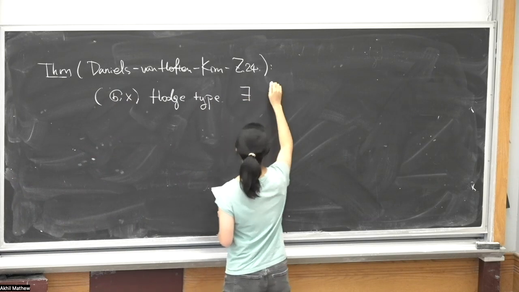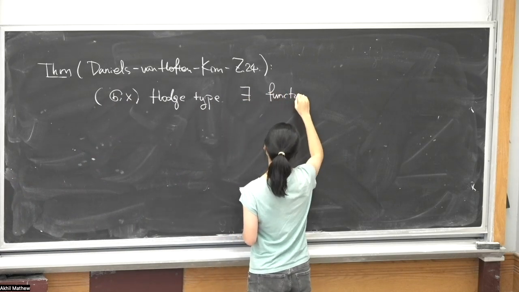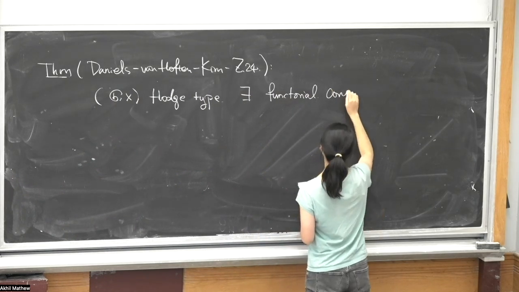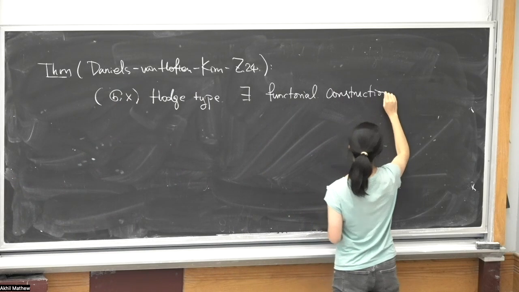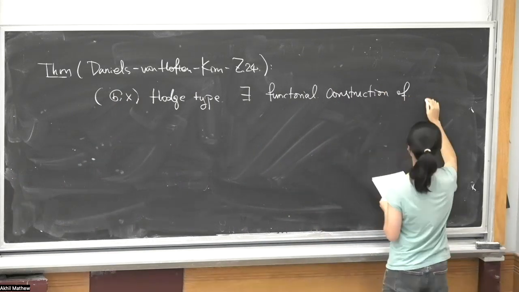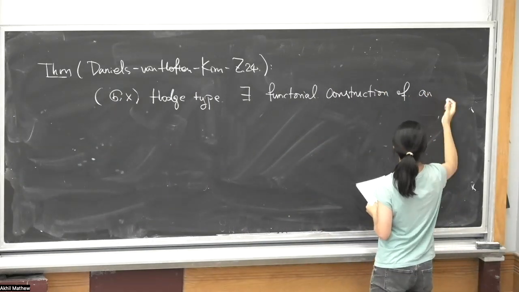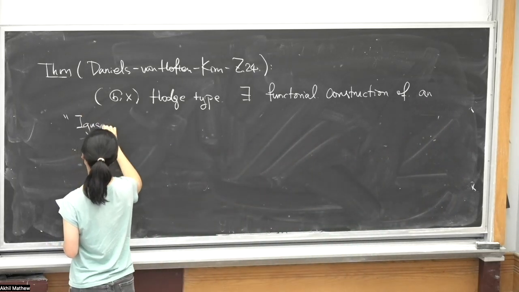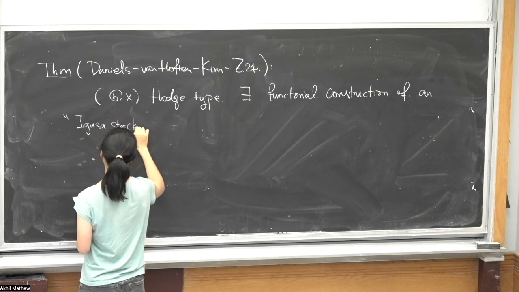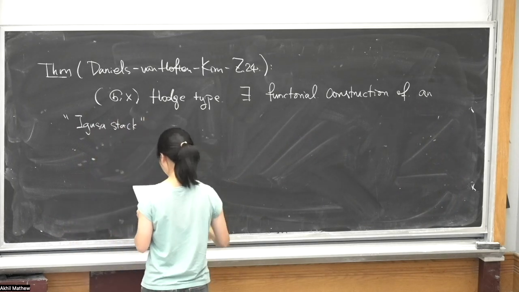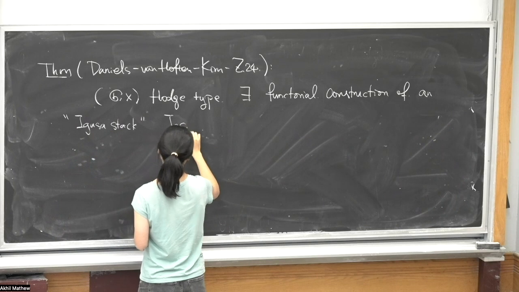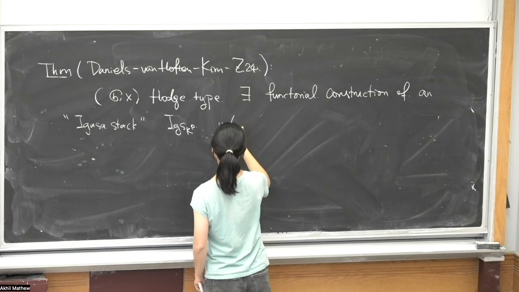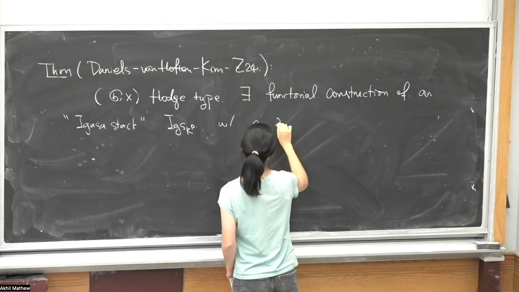Well, precisely, there is a functorial construction, functorial in the Shimura datum, or Hodge type Shimura datum. We call it the Igusa stack. This is a stack defined on perfectoid spaces equipped with the so-called v-topology, and we denote it by Igs_K^P, and it sits inside a Cartesian diagram